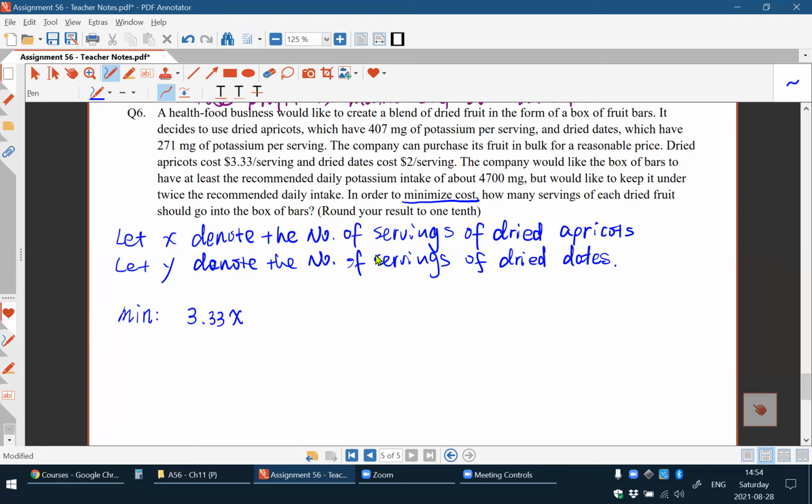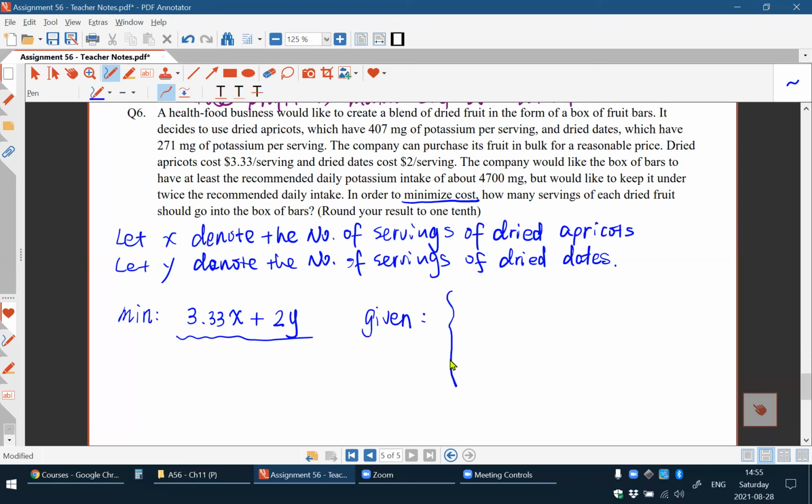This is the total cost from the dried apricots. And for the dried dates, the cost is 2 per serving, so when you have Y servings, the total cost from the dates is 2Y, right? We want to minimize the total cost, which is 3.33x plus 2Y, given a series of